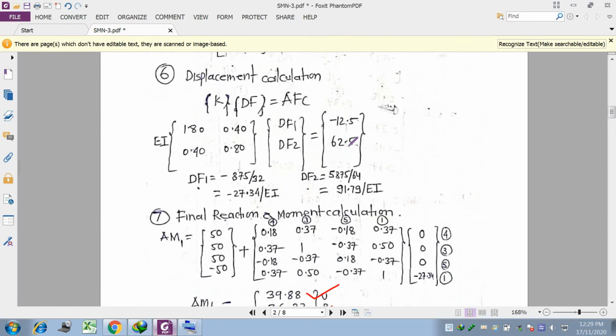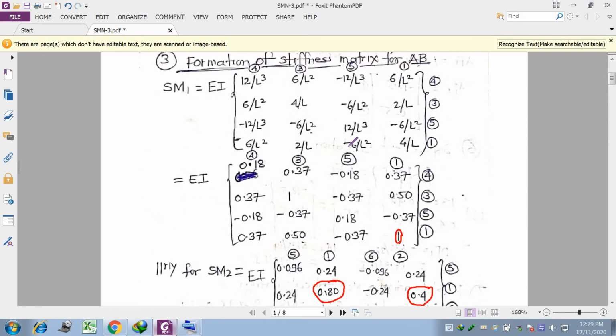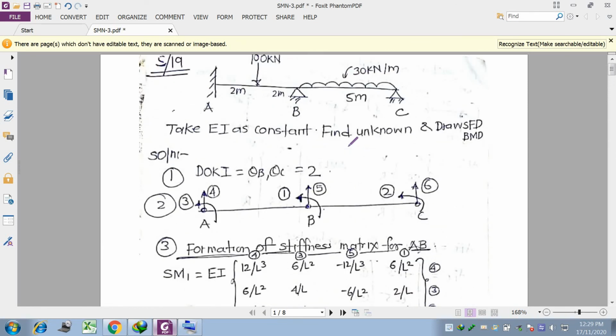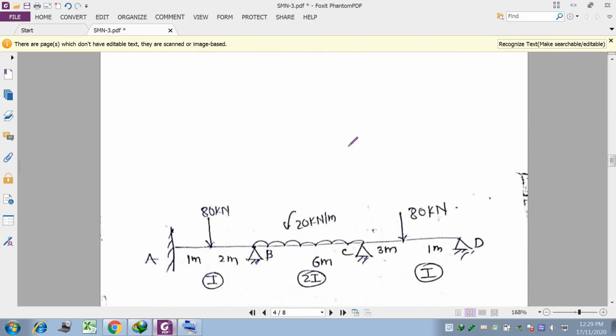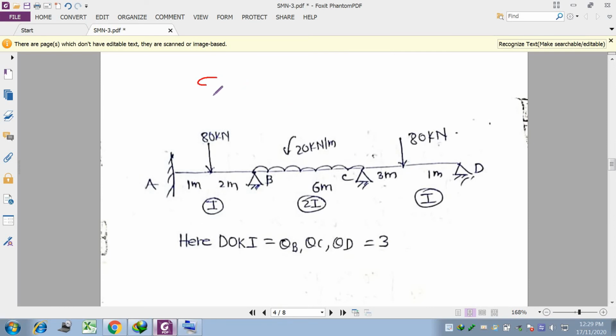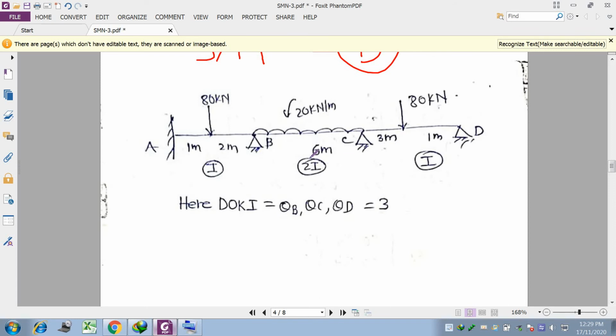So this was the numerical which was asked in your examination of summer 2019. Okay, so I have solved one more numerical for you that was also asked in summer 19, but for about 13 marks, because here you have to calculate 3 unknowns. So based on the number of unknown parameters, the mark weightage also increases. Okay, the mark weightage also increases.